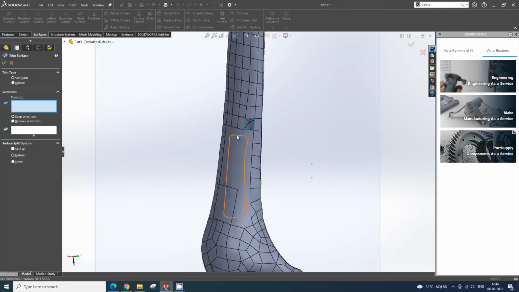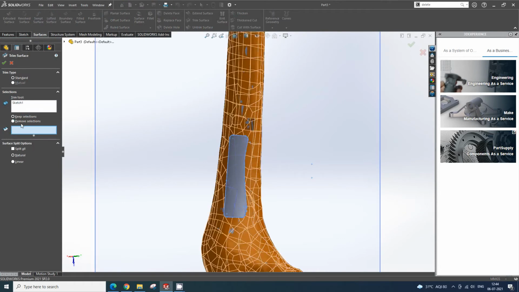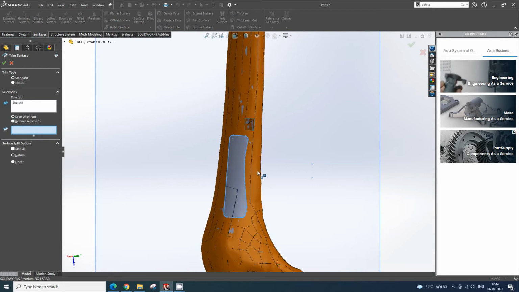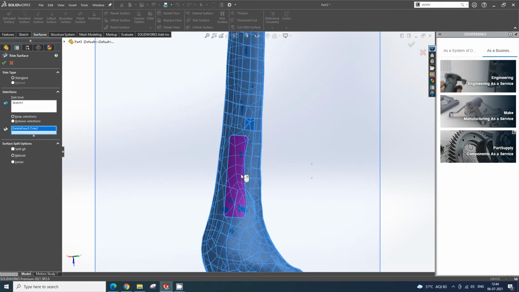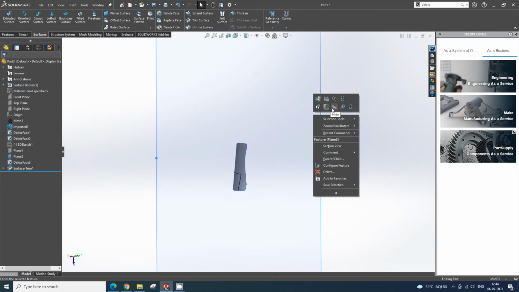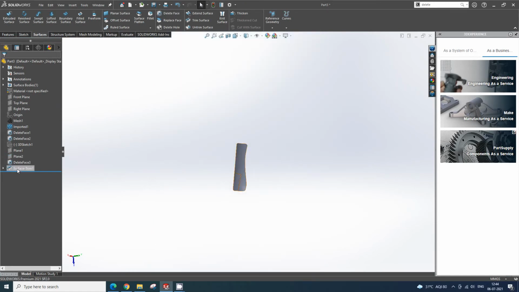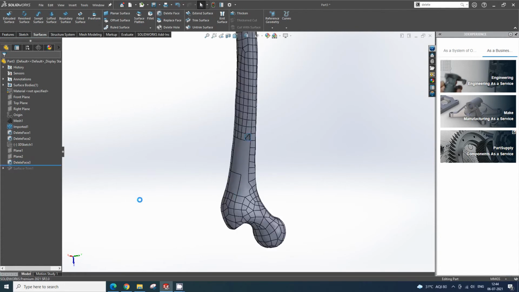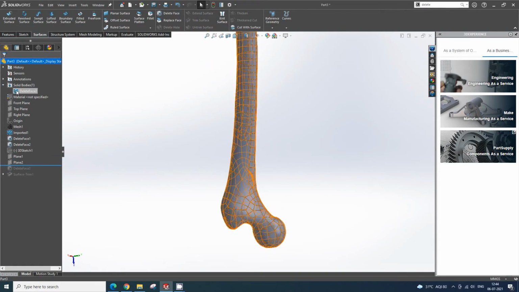Okay, Trim command. I'll select the sketch. Now I'll choose whether to keep it or to remove it. I'll choose to keep it. So after I keep it and click OK, you will see that only that small piece has been isolated. This is because we have used completely one body to do this operation. So before doing this, if we had offset the original surface, we would have got it on the bone itself. So I'll perform a complete offset on this bone. So every surface of this bone will be offset.